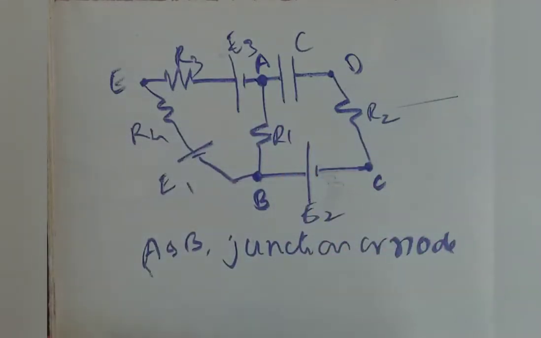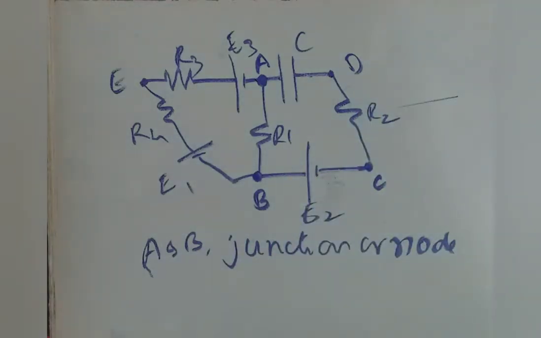That's why a junction or node is a point in an electrical network where more than two conductors join. We must not say two or more than two. Two is not possible. That's why we always say a junction or node in an electrical network is a point where more than two conductors join. So that is the definition of junction. Here in this figure, A and B are junctions, but E, C, D are not.